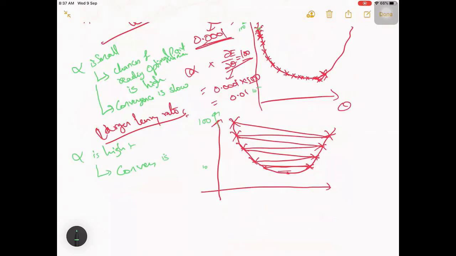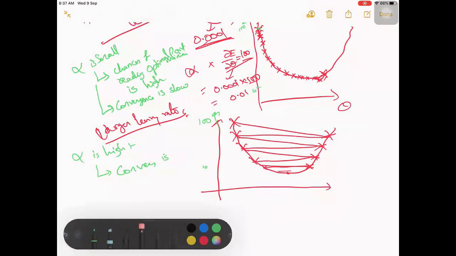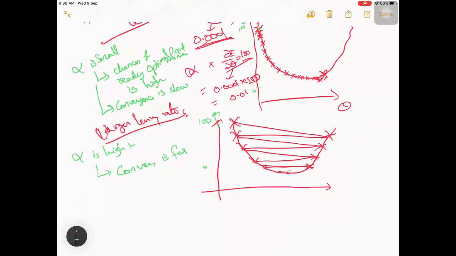But the chances of reaching the optimal point are less, right? It may just oscillate between these two, but not reach this point here. So this is a possibility.